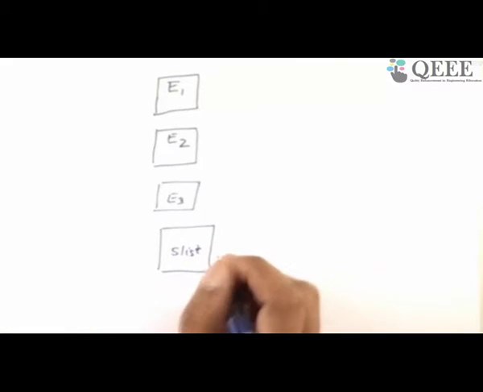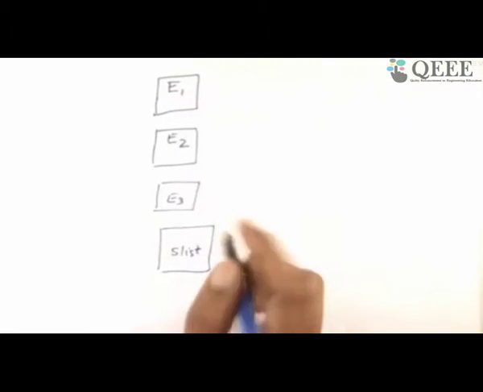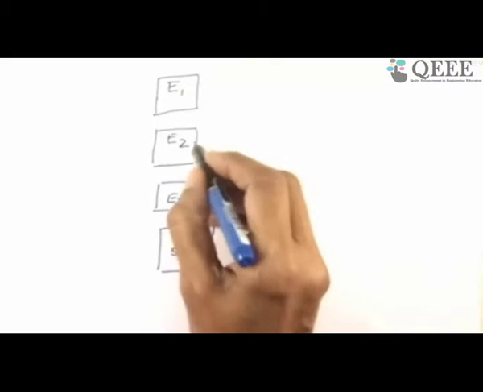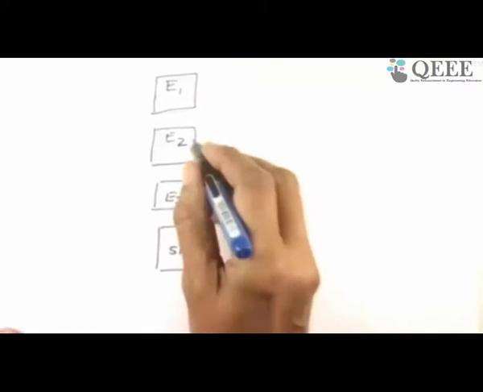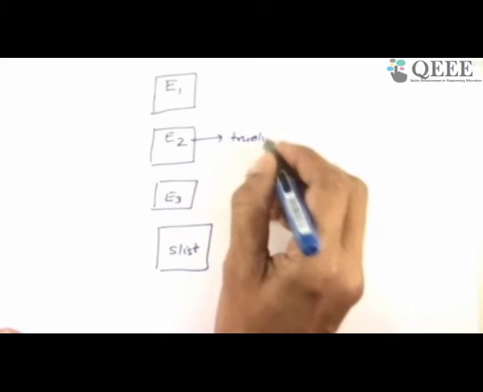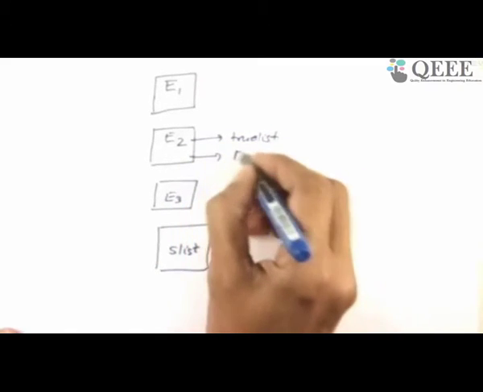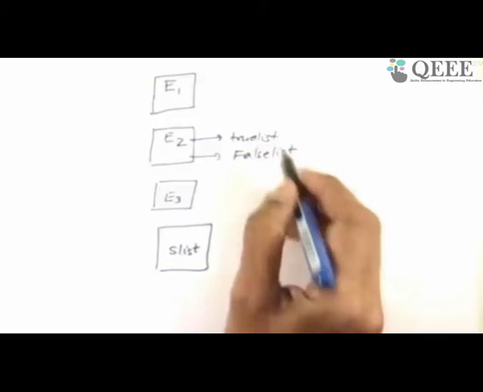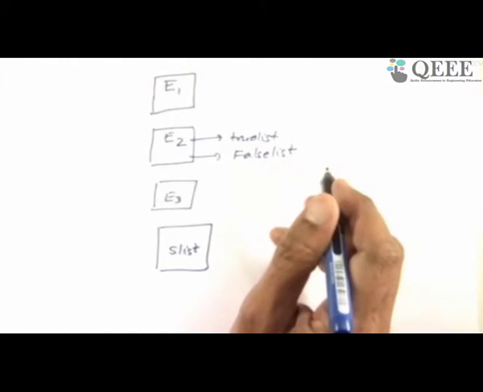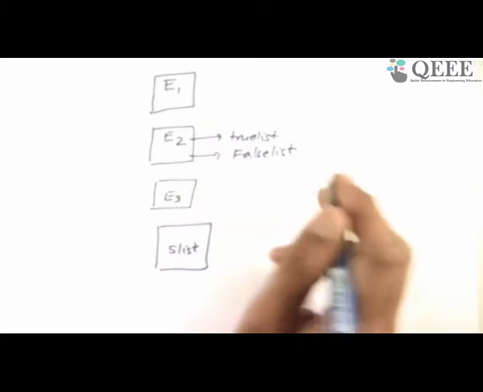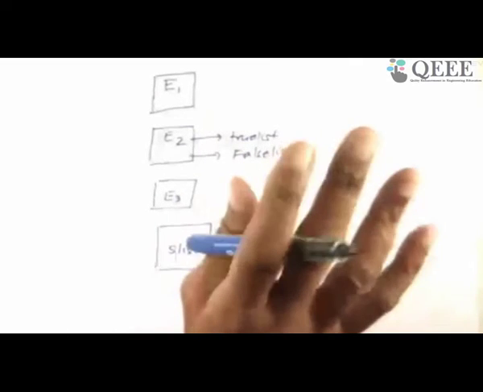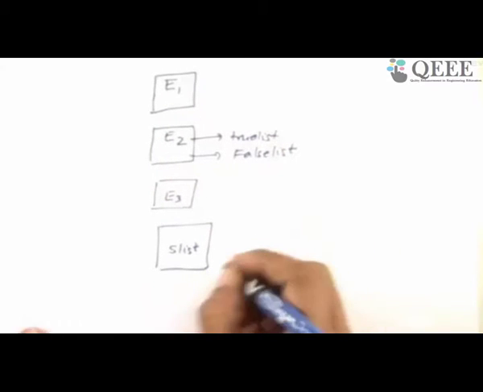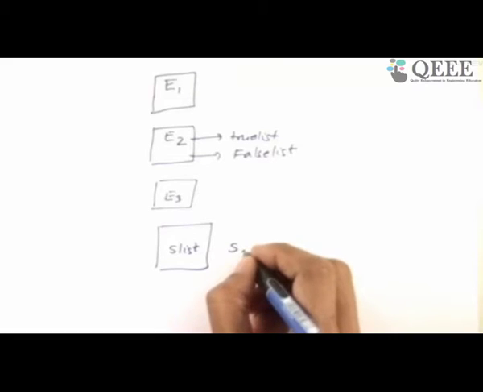Now I have to keep my attributes also in place. So what are the attributes when I go for E? You know that E2 will have a true list and a false list because this fellow has a comparison. Somewhere the expression is true and somewhere the expression is false, and this I have to propagate along with parsing through these attributes in semantic analysis. E3 and E1 are just evaluations and assignments, so there is nothing incomplete over here, so everything is fine. S list may have incomplete statements, so I will have S dot next list.